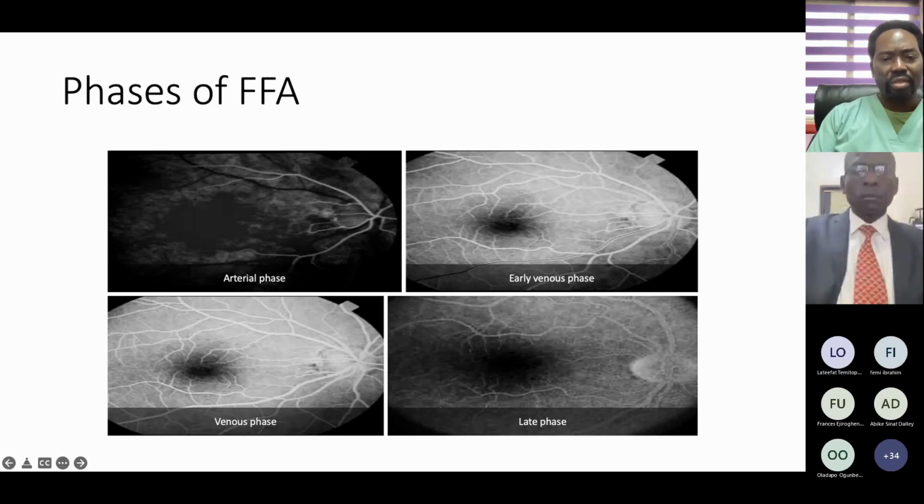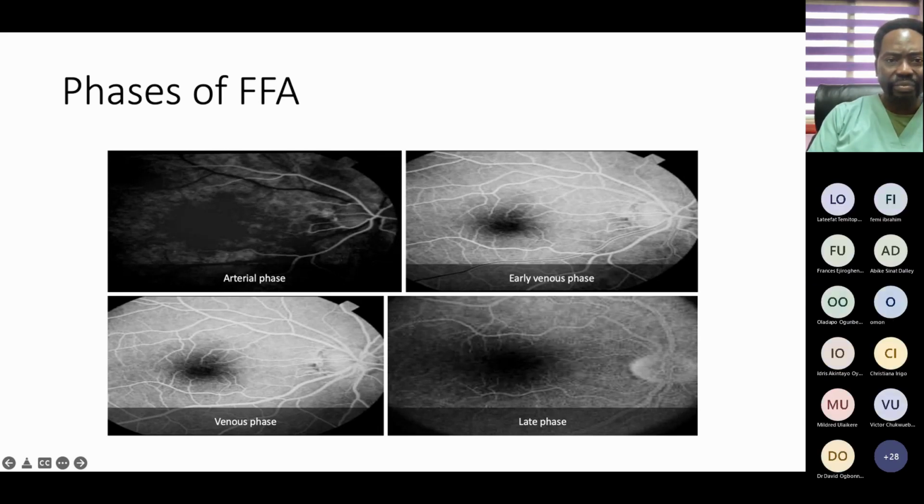Yes, okay. Thank you. So basically in the retina, the 4 phases that we see start with the arterial phase. In the arterial phase, you can see the dye in the arterioles. In the venous phase, there's the early venous phase and the late venous phase. On the image on the right, you can